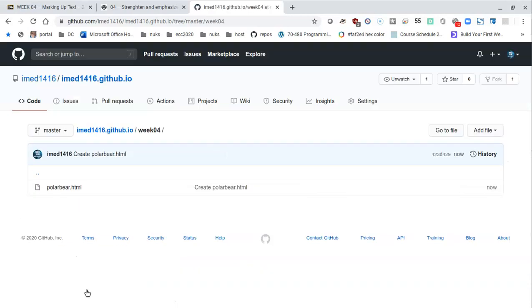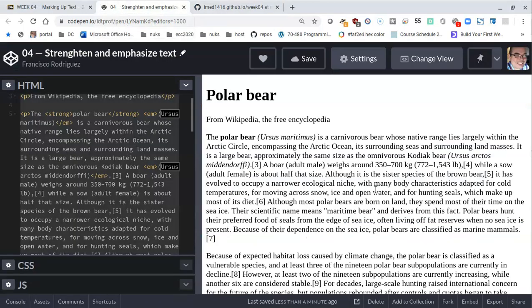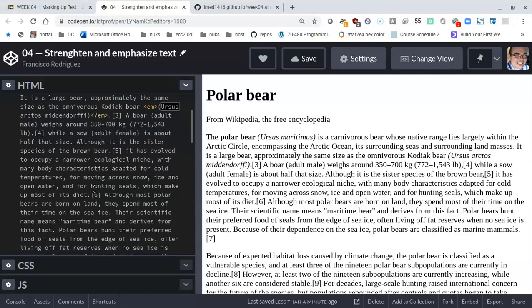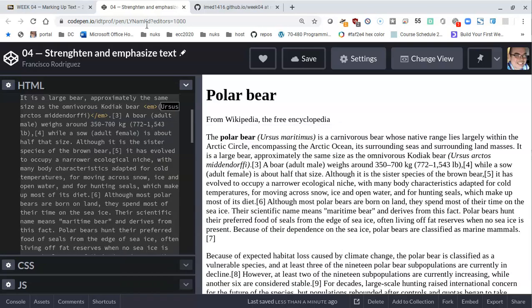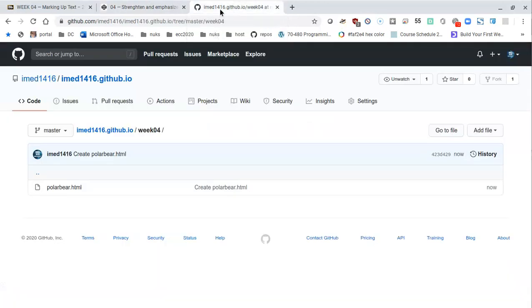For the rest of the assignment, be sure that you have all of your items italicized, that you have all the text that is ready to be published copied. That is, once you add all the other codes, press Control A to select all. You can right click and copy. You could also press Control C on your computer, Command C if you're on a Macintosh, and then come back to your file. If you have already saved it, you can click on it,